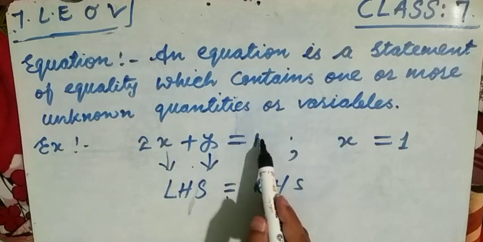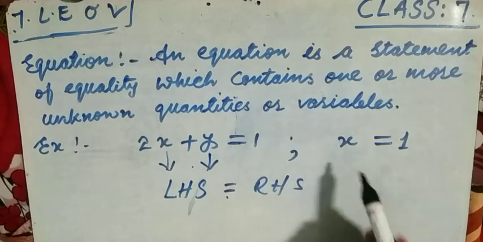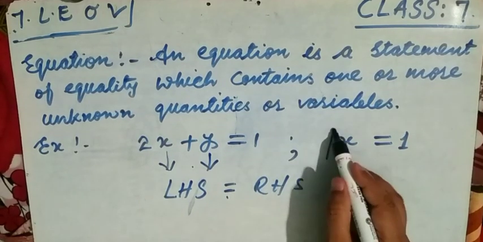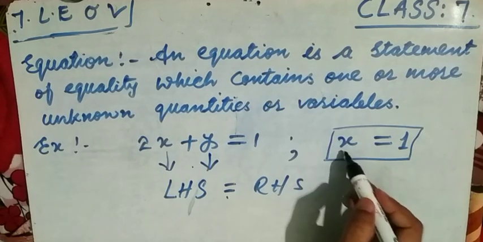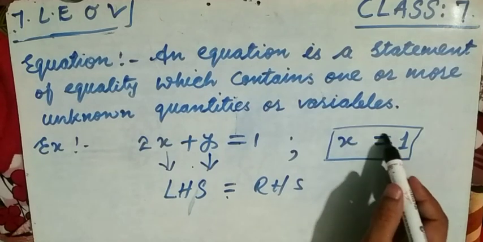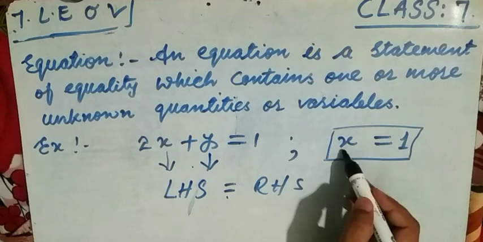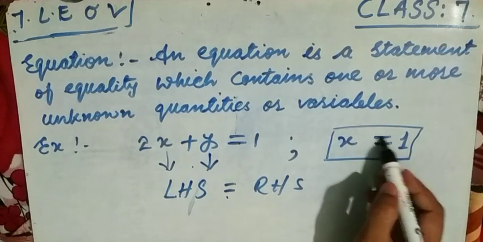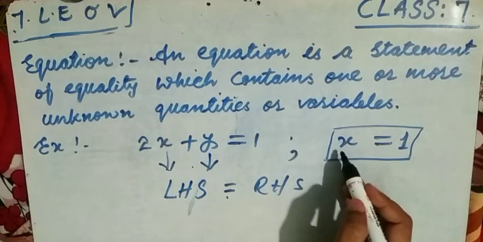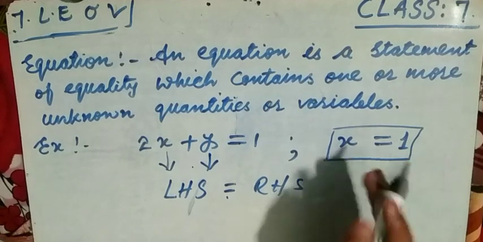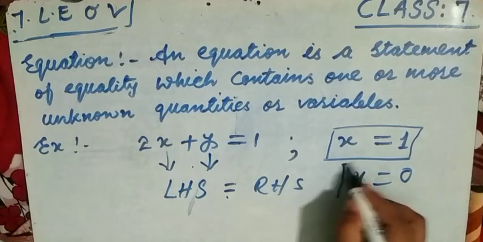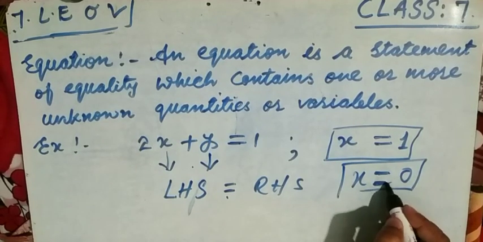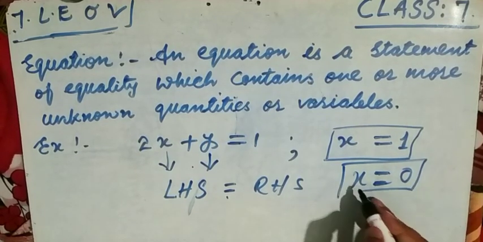Now here is another example. Have a look. This is also an equation because this is a statement and this is the equality. Here is the equal sign. Where there is an equal sign, the left hand side is something and the right hand side is something. This is called an equation. Another example, suppose x is equal to 3. This is also an equation. Why? Because there is an equal sign, here the right hand side is something and here the left hand side is something.